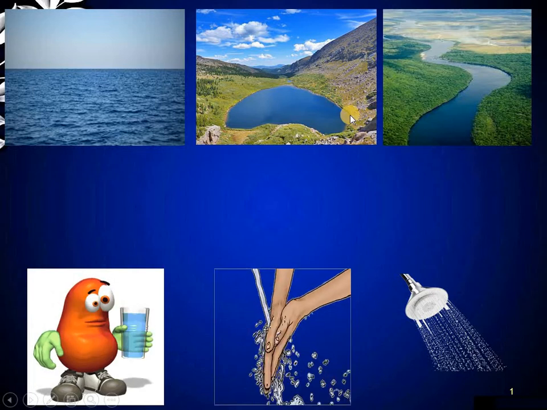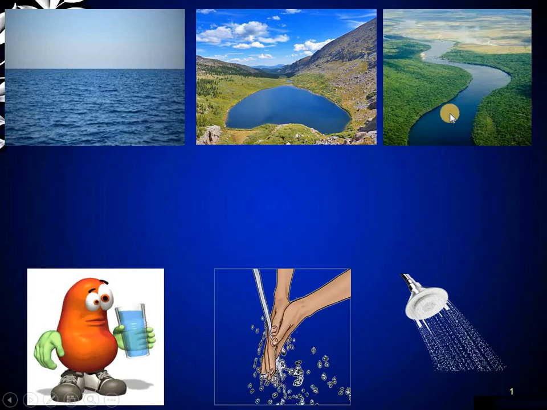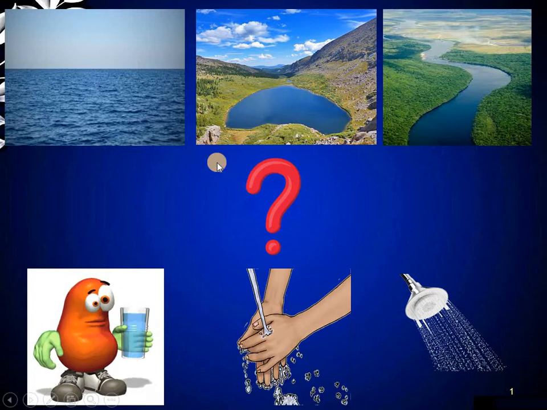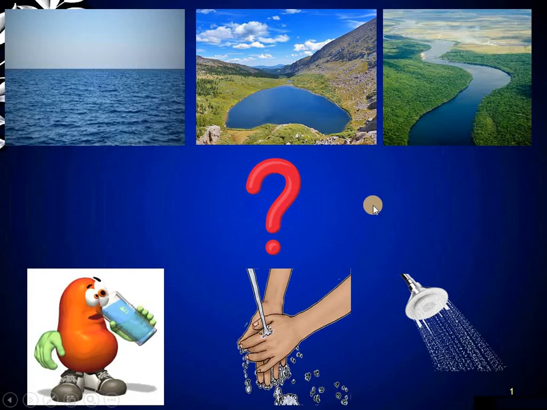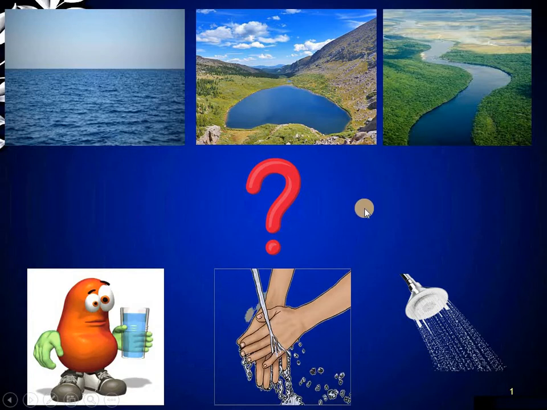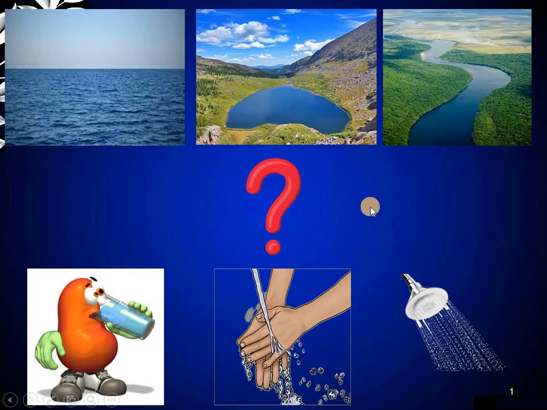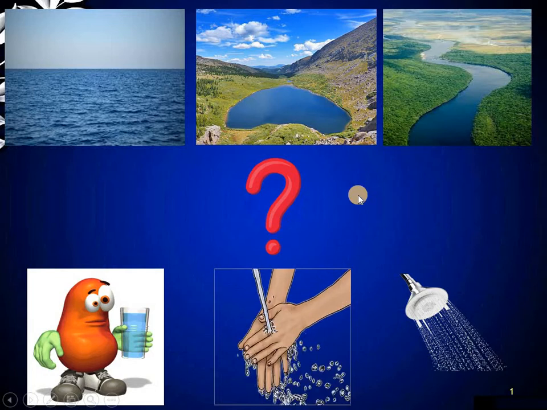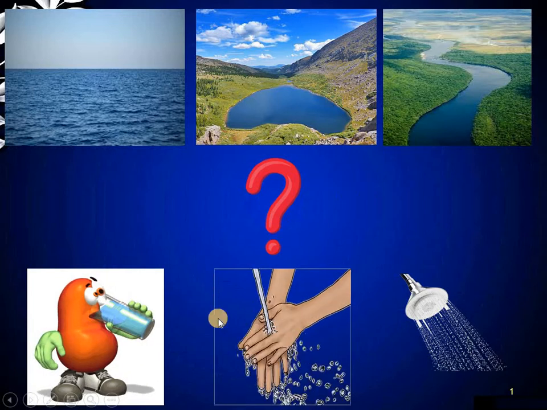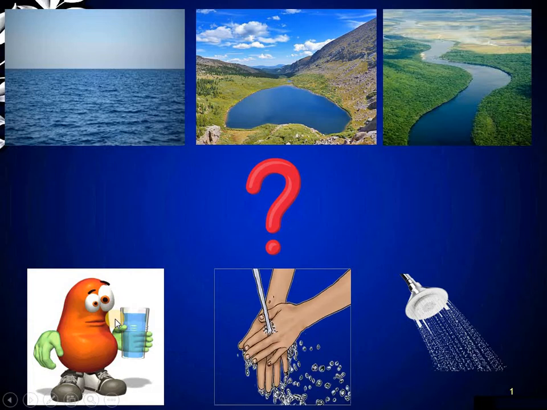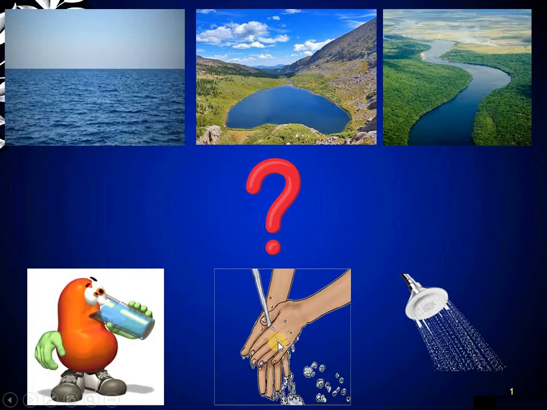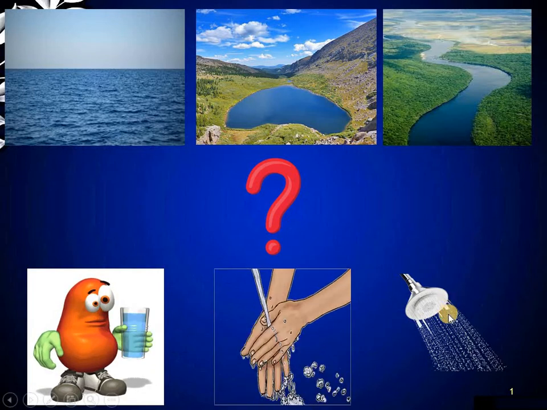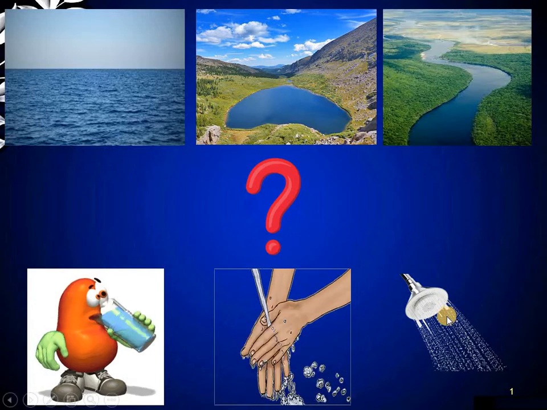Gentlemen, in today's world, many things are in large quantity and they are usable in small quantities, and many are in small quantity but need to be amplified for use. For example, we have rivers, lakes, and oceans. Can we use them? Yes, but by applying some method of downstepping, from large to small. So we use tanks, pipelines, and taps to take water in a glass, for washing our hands, and for showers.